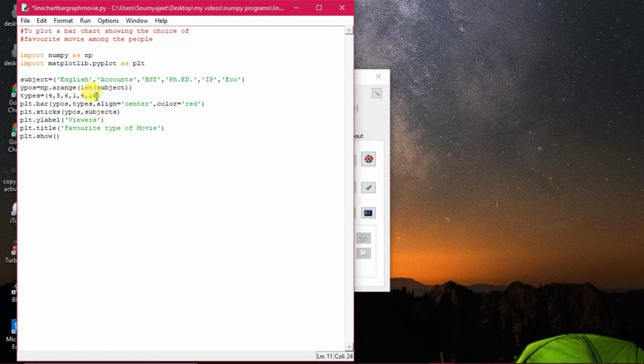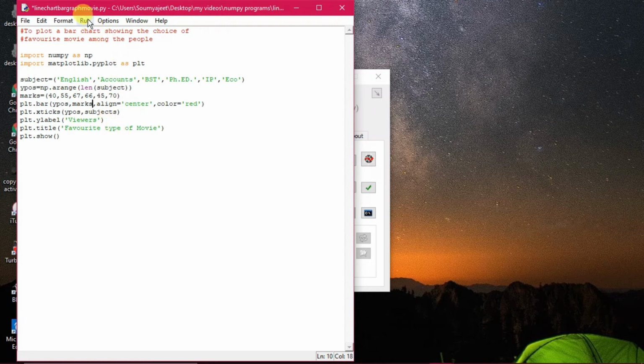And here we will make a change. For types we will not change the variable; we will keep it like that. Or if you want, you can change it into marks. Suppose I've got 40, 55, 67, and then 66, you have got six values in all: 1, 2, 3, 4, 5, 6. Then 45, and then 70. Six values have been given. If you want, you can give your marks also. You can change it here to marks, and here also you have to make the change to marks. Yes, that has been completed.